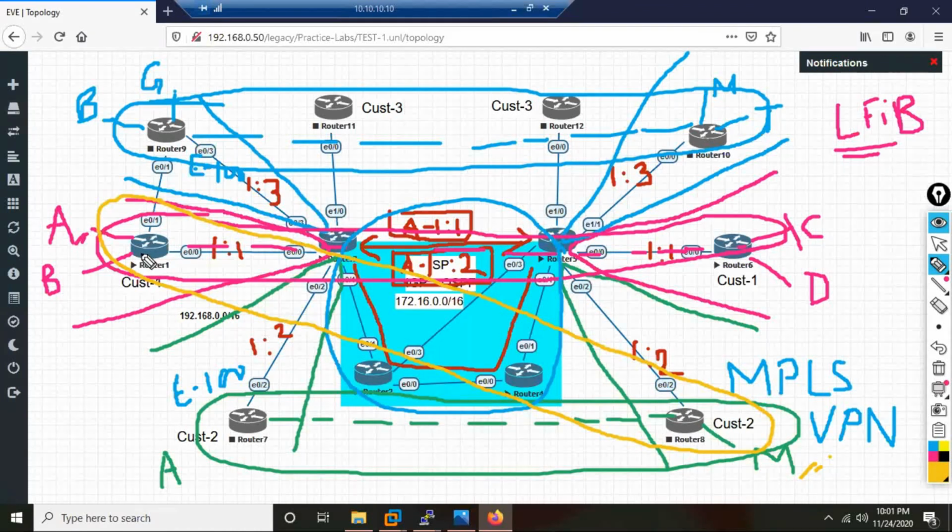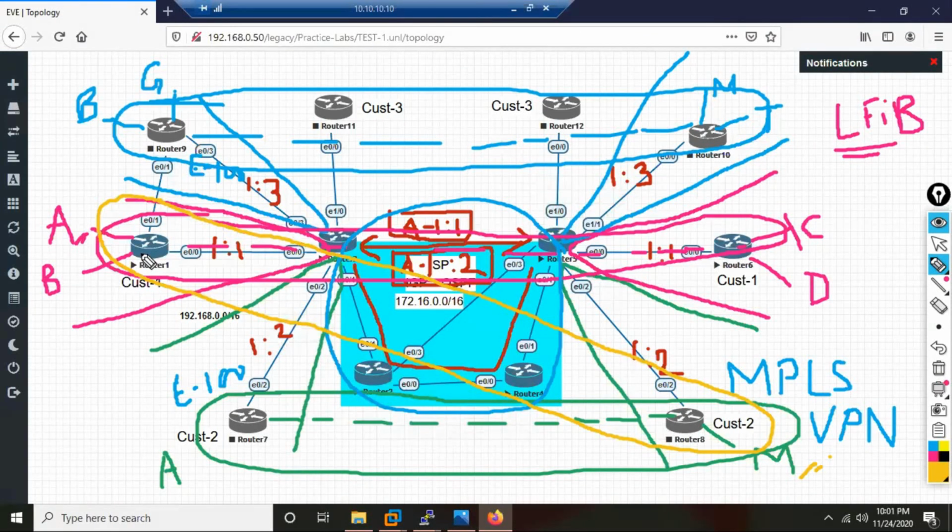Is it a possibility in the real world? Yes. So what if this happens? The service provider engineers 20 years back, when they were thinking all this through, somebody raised a hand and said, okay, you're talking about RD, you're talking about VRF, everything looks good, practical. Every customer's traffic flows separately, every customer's routes are separate. But what if two different customers, two different sites, want to communicate with each other? The requirement can come like that.